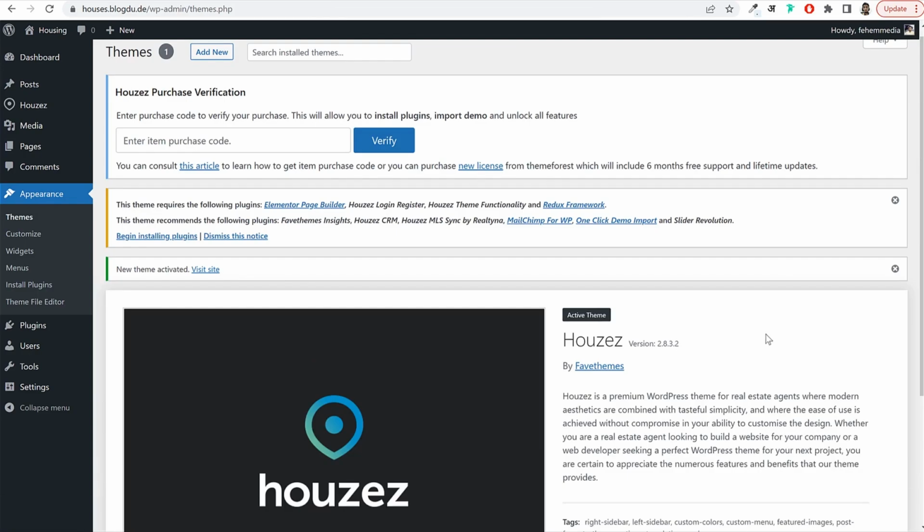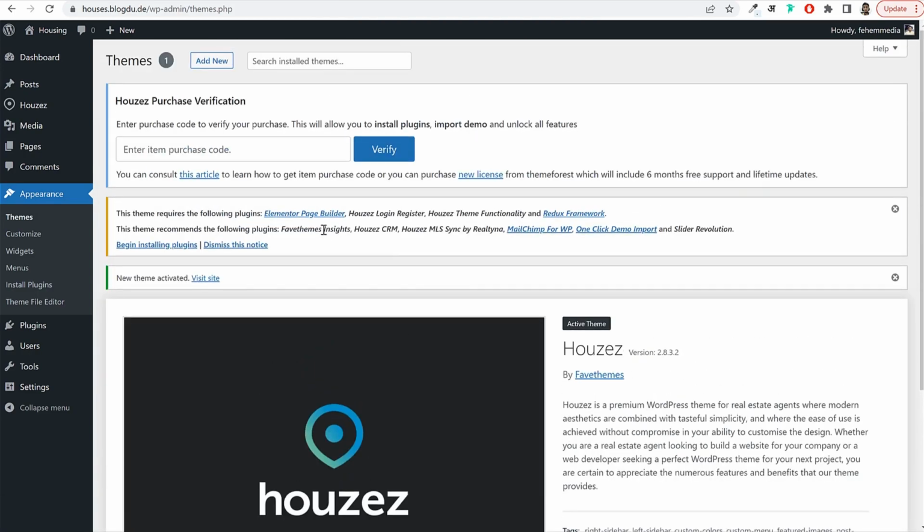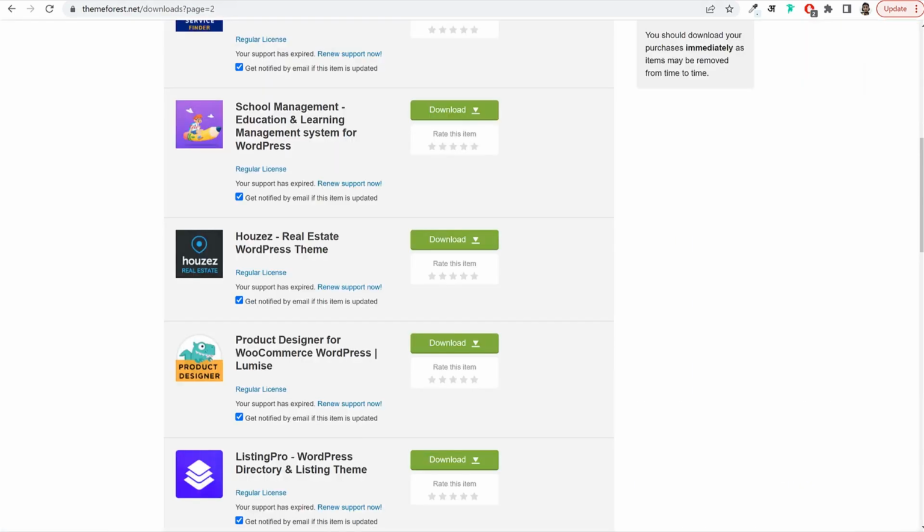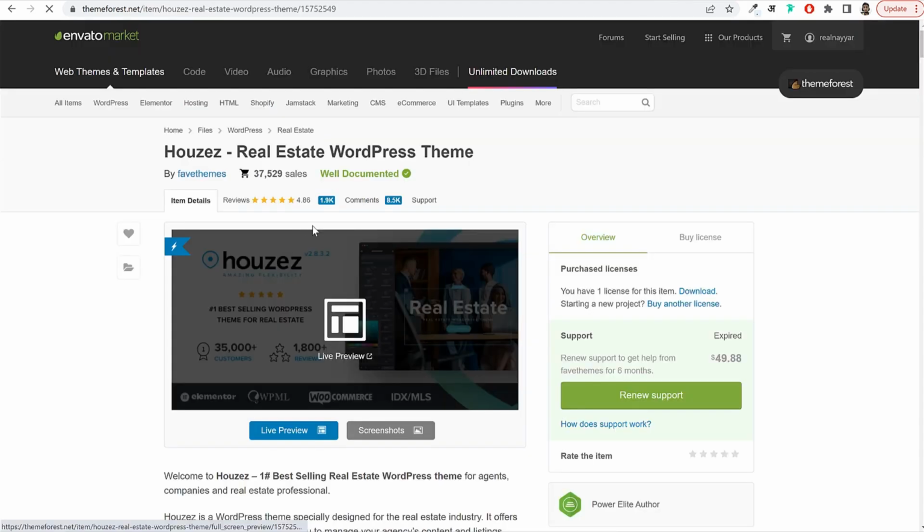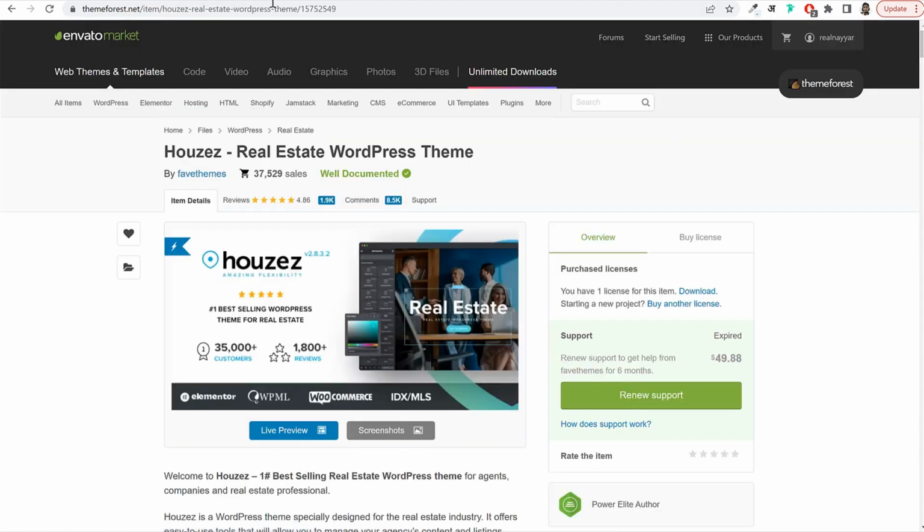Now, once it is activated, this will recommend you few plugins. In fact, let me do one thing. Before we install these plugins, first you'll have to enter your purchase verification. You'll have to enter your purchase code and you will get that purchase code over here. If you go to the theme file, which is this file, basically if you go to my link